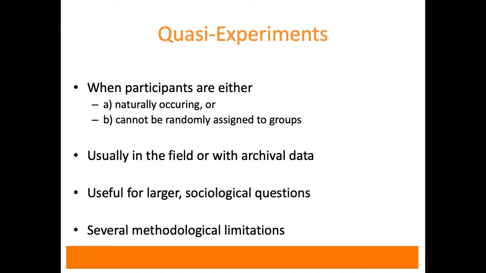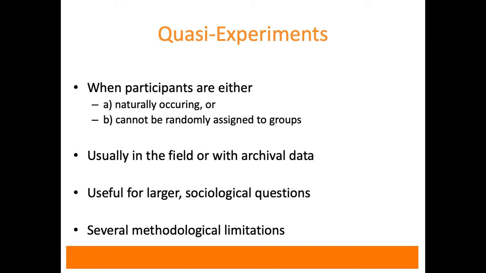So quasi-experiments, as I said, are naturally occurring sort of experiments. So people chose to do something, or maybe a school or other entity, governmental body, chose to make some decision, and some people were exposed to the decision, some were not. So that's why it's kind of an intervention. It's sometimes a purposeful thing, but not necessarily for research purposes, right? Anyways, because of this, the people cannot be randomly assigned, whether it's to medical condition or the state they live in, in the case of one example we'll give.